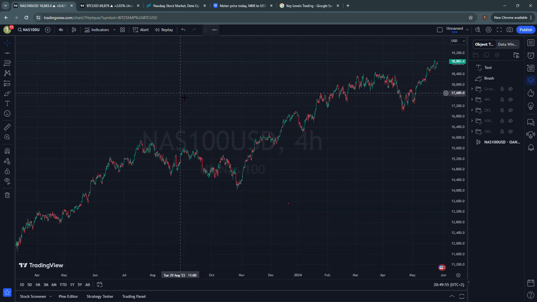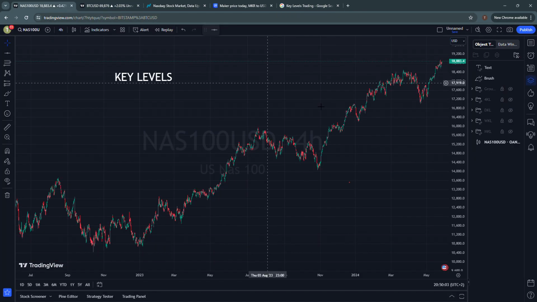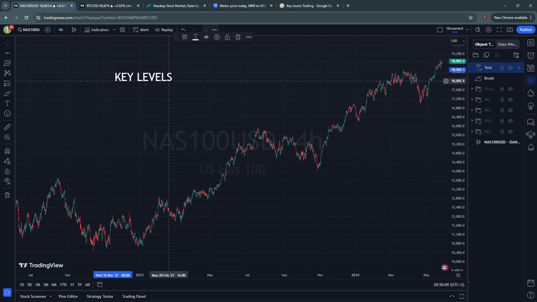Today we're going to be looking at the key levels in trading. Very, very important is how to actually put these onto your charts, and that's what I'm here to show you today: how to put the key levels onto your charts. And it's very, very important, because what you want to be doing is seeing which